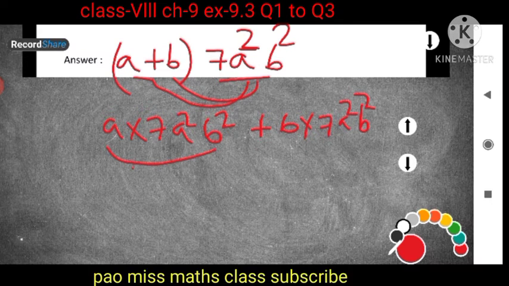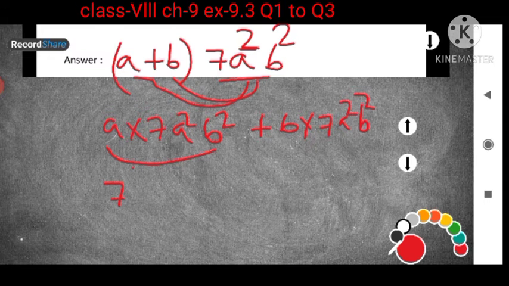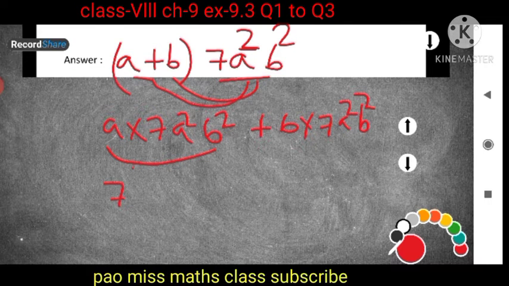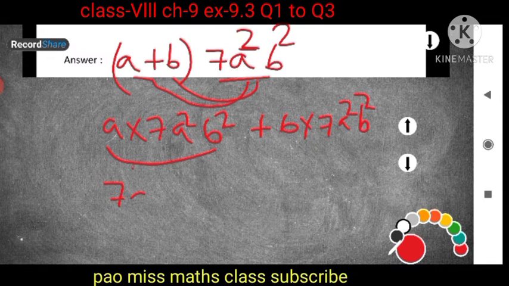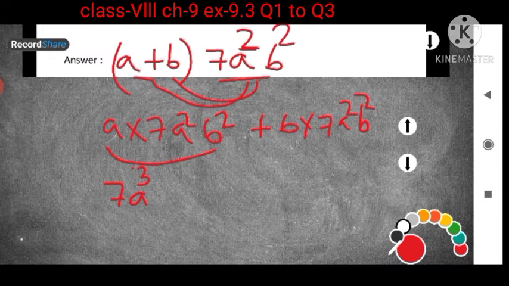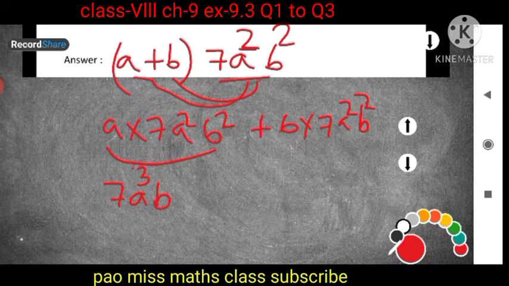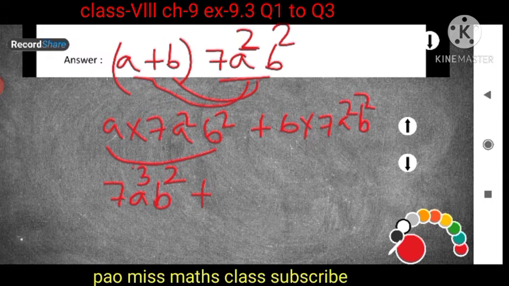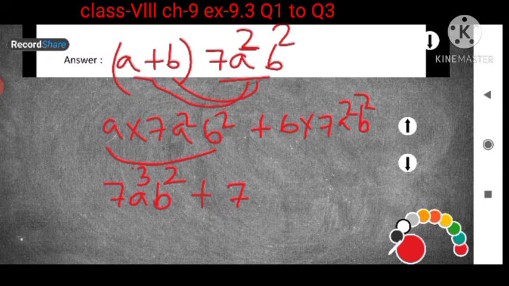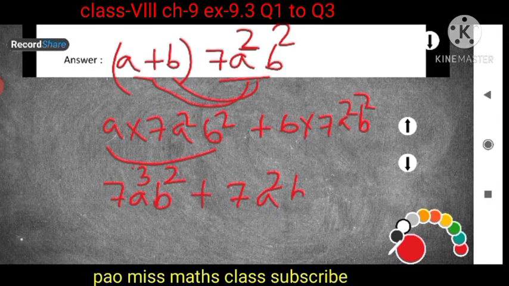Now if you multiply here, you will get what? 7. There is no other number, only 7 is there, isn't it? And here the coefficient of a is what? 1. 7 into 1 is 7. Then a square and here a, that means it will become how many? a cubed, isn't it? That means a to the power 3 and b will remain the same, b square. Then plus, and for the next term here plus, then you have to give plus. Now 7 into 1, that means what? 7, isn't it? Then what is remaining? a square and b will become what?